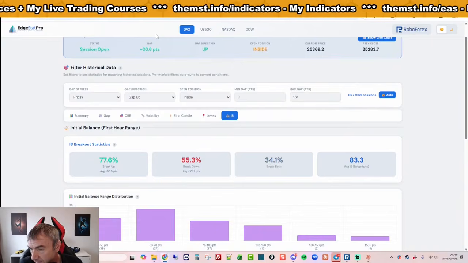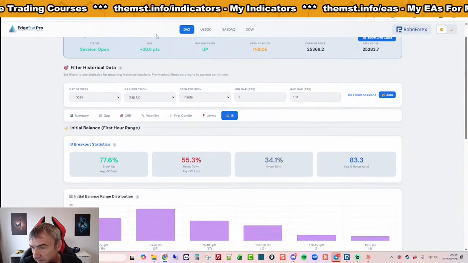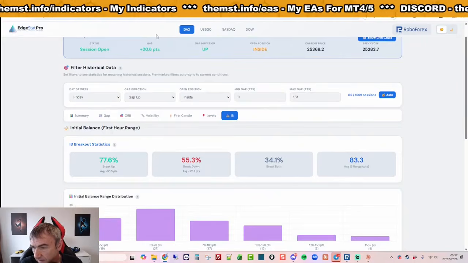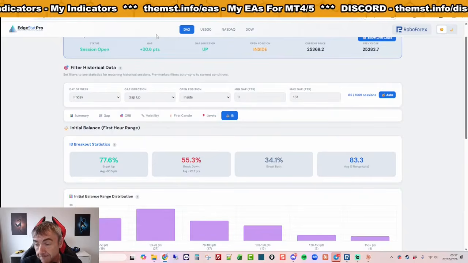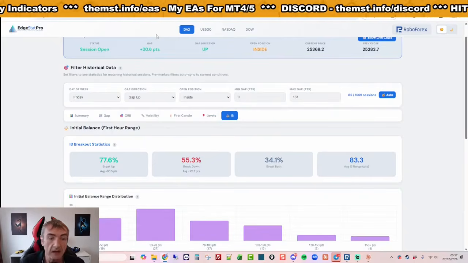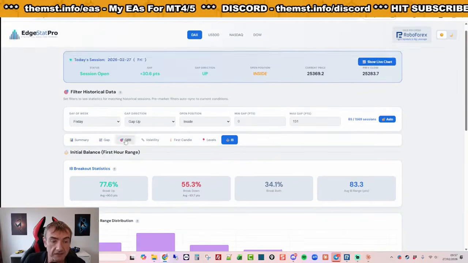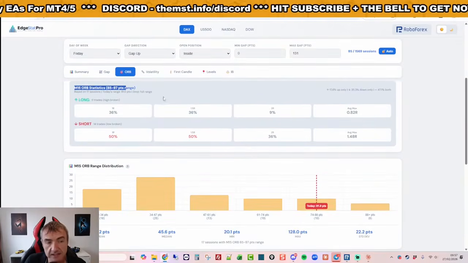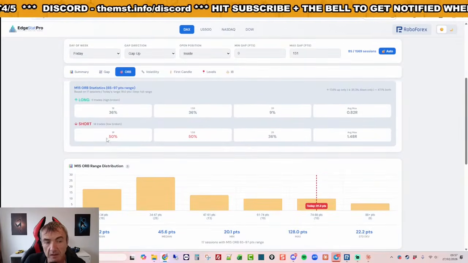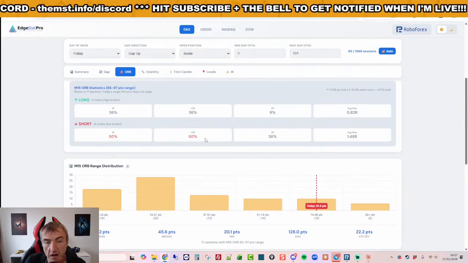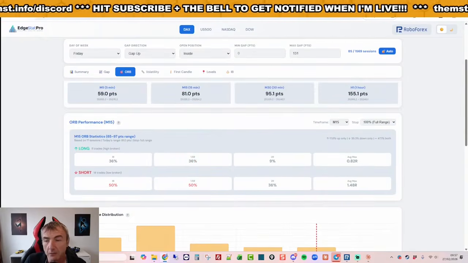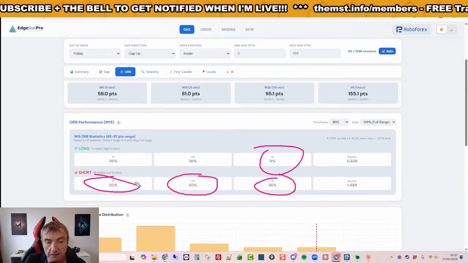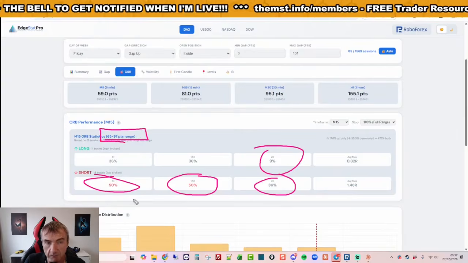Wouldn't it mean that when there is a setup with more than 33% chance in any direction, these are the ORB breaks we should be taking? Yep. Again, the interesting thing here is these statistics give you the probabilities of hitting R ratios, okay? But these change every day based on the size of the range.